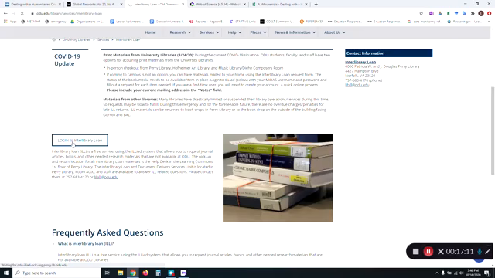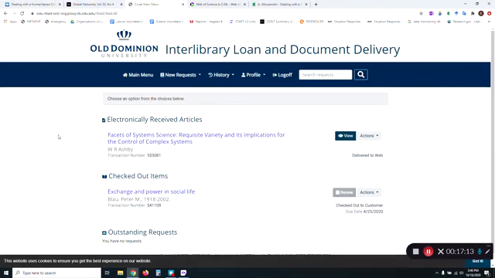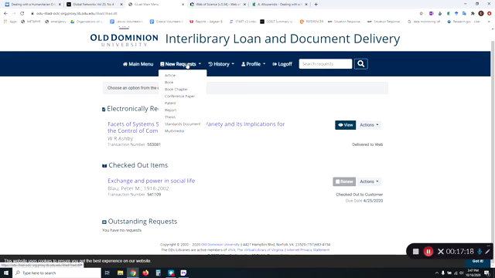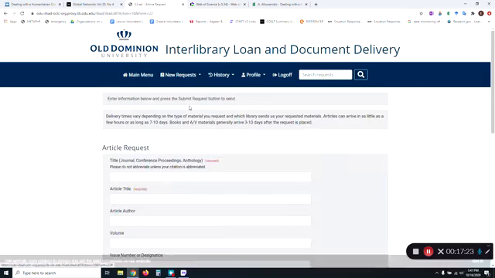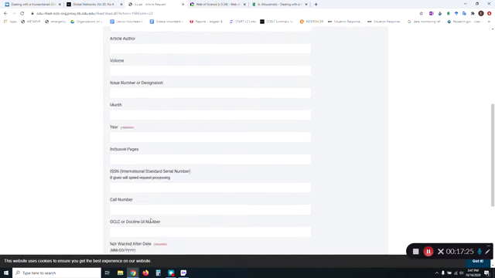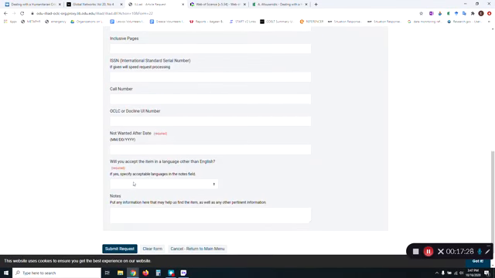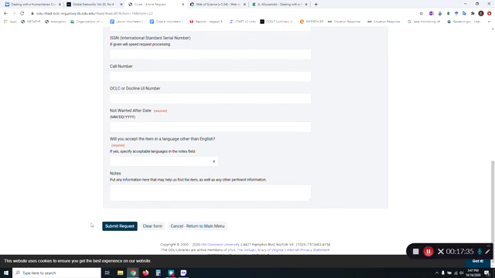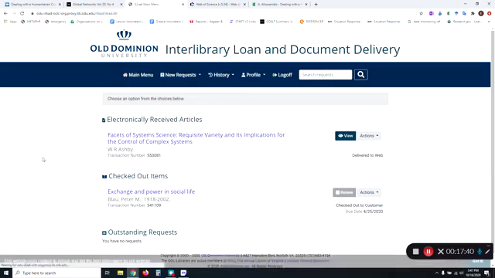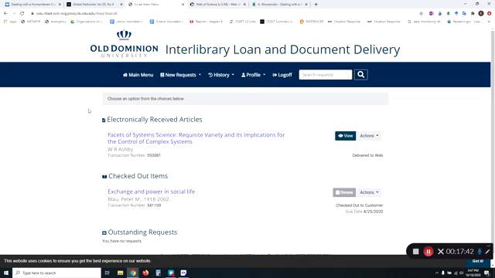It's a separate portal within our library website. And oh, I changed their interface. But basically you can submit a request for any of these things, and I could submit the request for this article, and I'll just type in these fields, and you usually say which date, like after which you don't want it. So if it's for a term paper, obviously you need it before the deadline. And when you submit the request, I've found that most of the time, unless it's a really obscure article, the ODU librarians can get back to you with a copy of the article that you can download